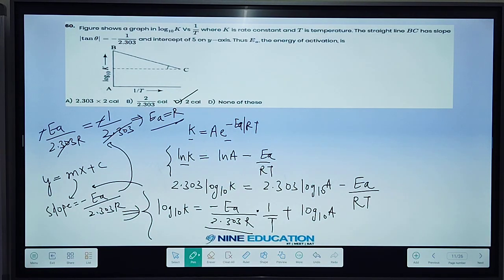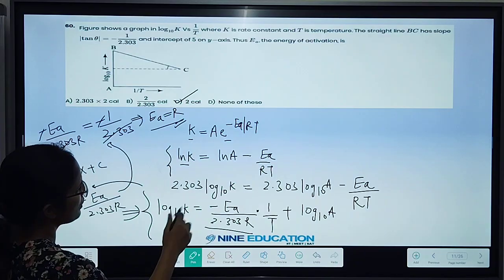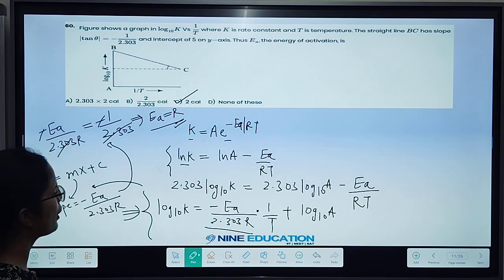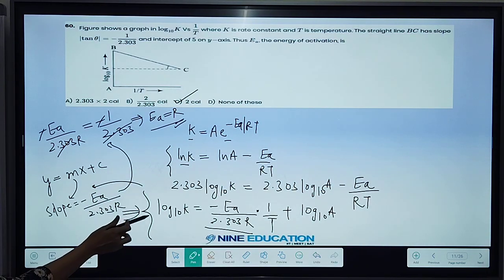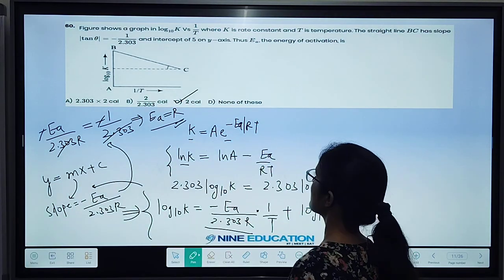the correct answer. Coming to the key points of this question, they are giving us some graph which is log10 k versus 1 by T, so we should know this equation. I am just simply deriving this equation in front of you. We know the Arrhenius equation, k is equal to A e raised to power minus Ea by RT. After coming to this kind of expression for log10 k, I can equate the slope, and Ea will be equal to R, so option C would be the answer here.